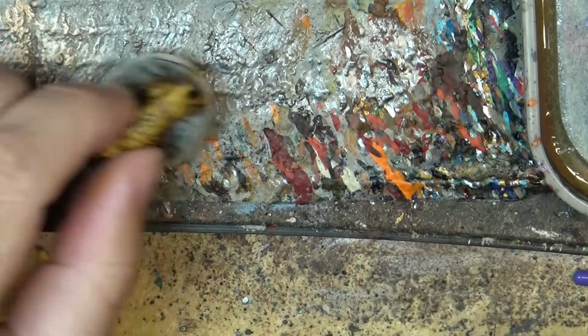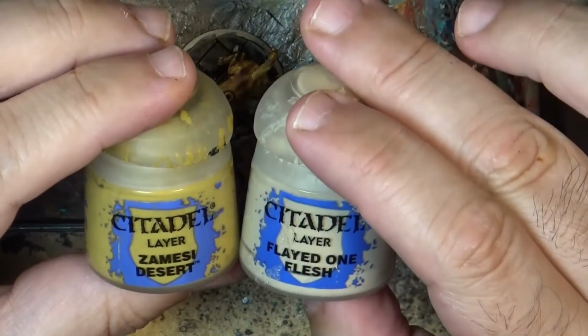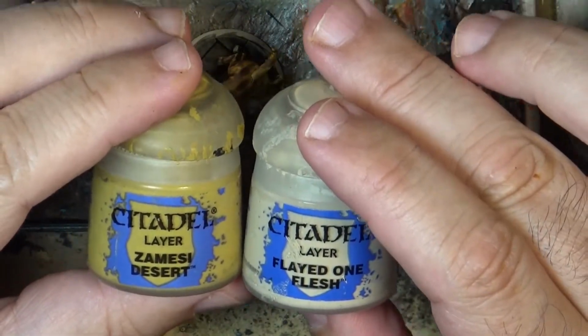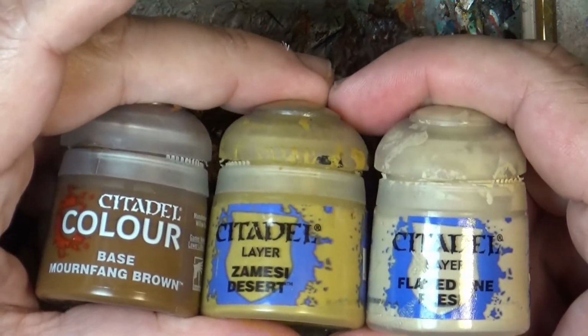Once the Aggaros Dunes has dried, now we are going to work with these two colors, Zamesi Desert and Flayed One Flesh, and I will have as well, in case I need it, Mournfang Brown in my wet palette. We are going to play with these three colors to do the highlights and the shading. We are going to start highlighting with Zamesi Desert. We take a good brush for that,